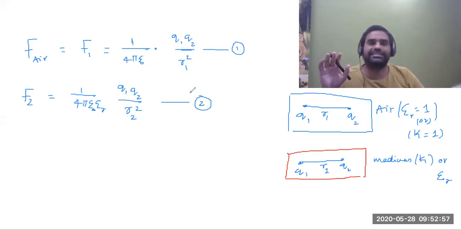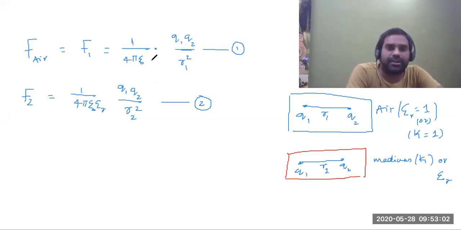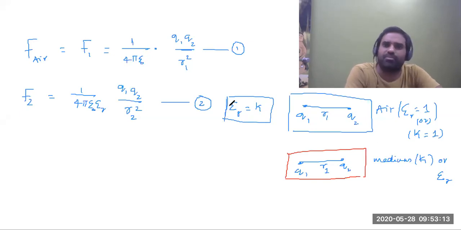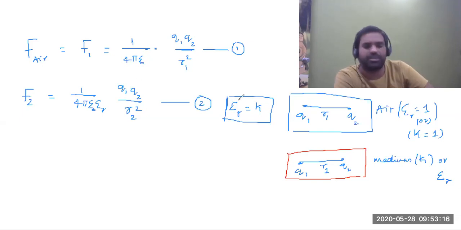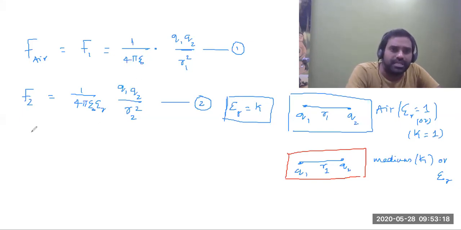But accordingly, once the system is changed, epsilon R will change, no? Here, epsilon R will be 1. And you can even write epsilon R is equal to K also. Here I'm taking it as K because in applications, students, usually the dielectric constant will be given. Both are the same. Relative permittivity, dielectric constant, both are the same. No worries about it. So, see, students, F2 is equal to 1 by 4 pi epsilon naught K into Q1 Q2 by R2 square.